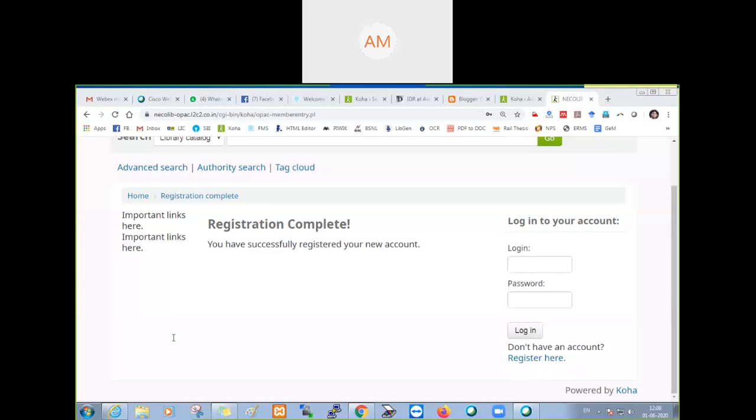Yeah, the question is how to verify that the user's self-declaration is genuine. That's why you may collect the hard copy of the form also to verify whether the user is genuine or not. That should be signed by your HOD and supported with the registration fee form. So until and unless you receive the registration form in hard copy, you should not activate. After 1 month, the temporary registration will be automatically deleted. Then we'll again show the register here.